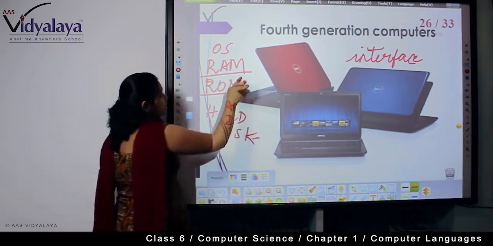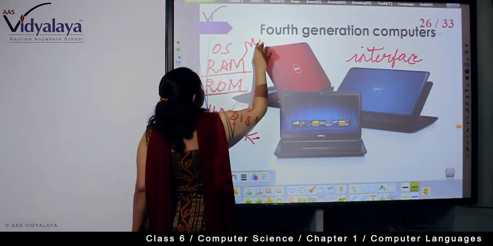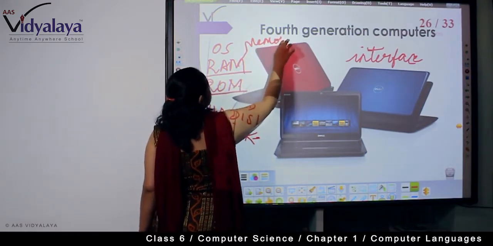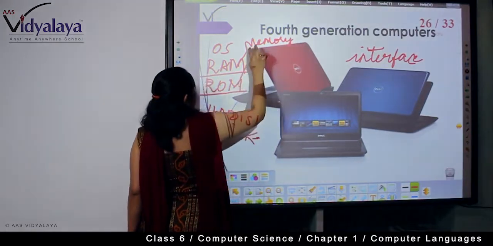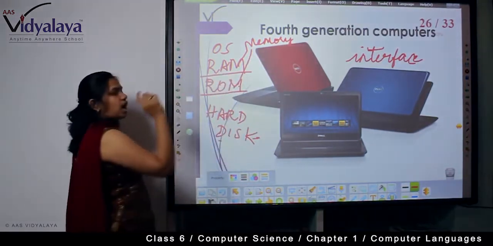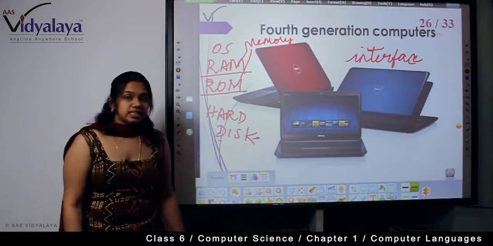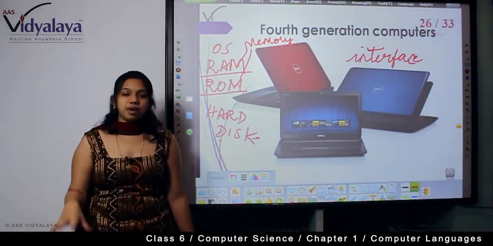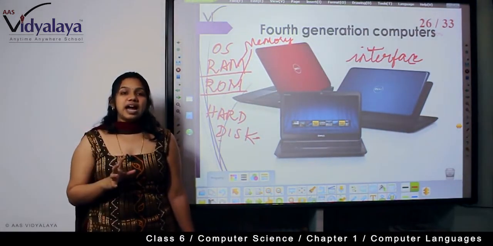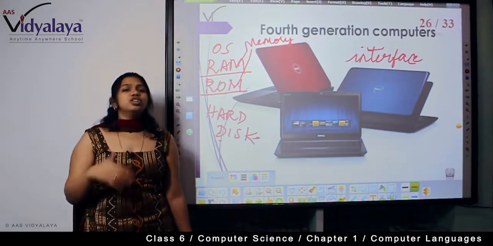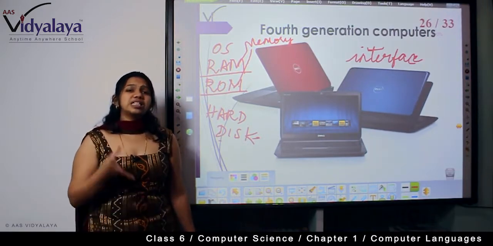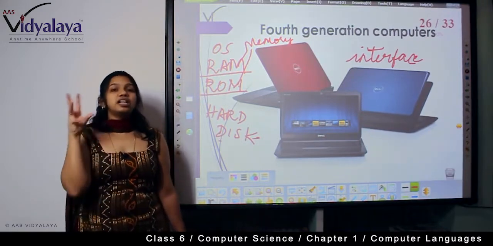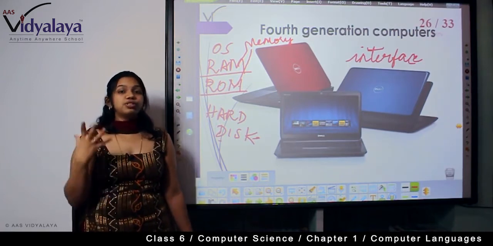Okay, so we saw something called RAM and ROM. Yes, everybody knows that M stands for memory. What does this M stand for in both of them? Memory. Okay, so what is RAM? RAM is random access memory. What do you call it? Random access memory. So this is nothing but the space that is available inside your system for your computer applications